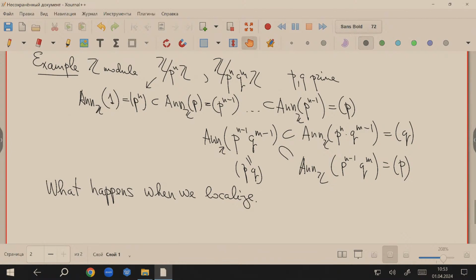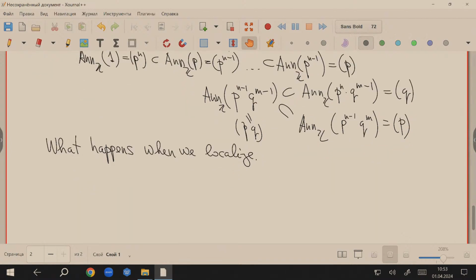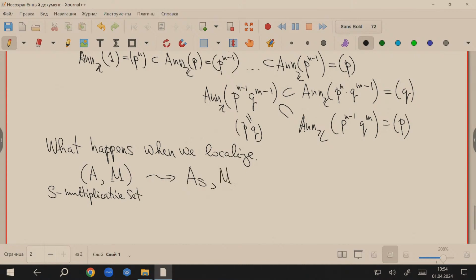I mean, you have a ring and a module. So what will happen when you pass to the localization? So S is a multiplicative set. What happens when you localize with respect to the set? How can you describe the corresponding